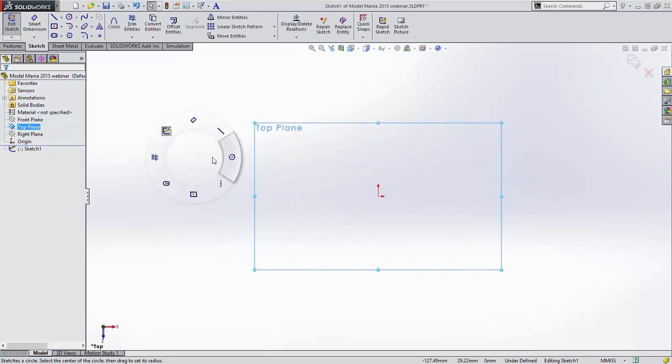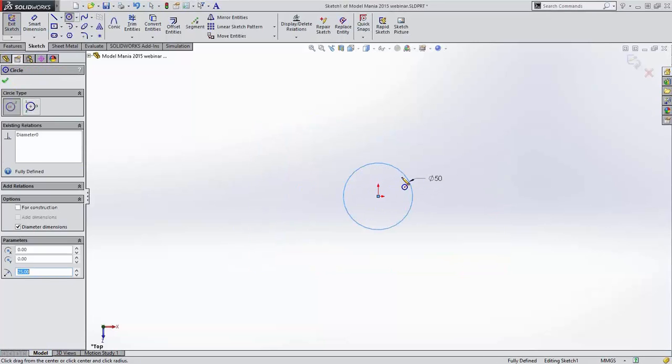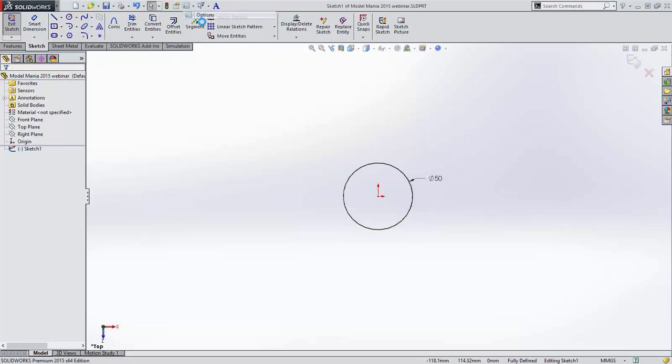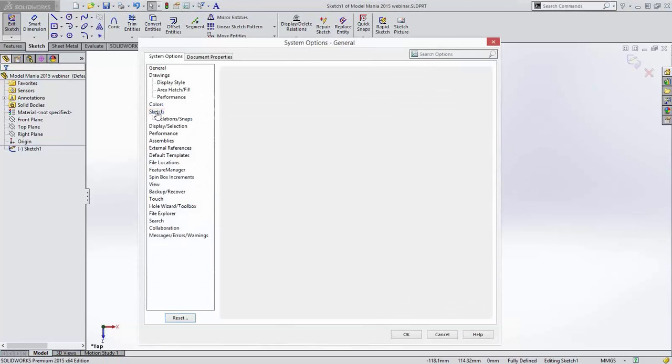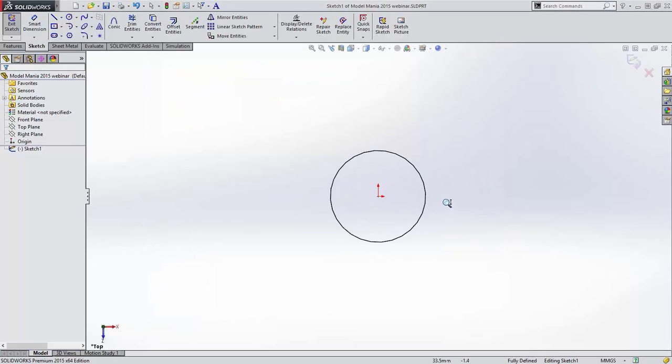So I'm just going to start by drawing some circles. First off, we'll start by keying in 50 for this one. One of the things you might notice is I have this sketch numeric input turned on. This is one of the things that I use quite a bit, and I think it's really useful. If you go under the sketch settings, you have enable on-screen input on entity creation. For lines, rectangles, circles, arcs, and things like that, it allows you to put in a numeric input and it automatically creates the dimension when the value is entered. So if you have these two checkboxes, it can save you a lot of time when you're creating